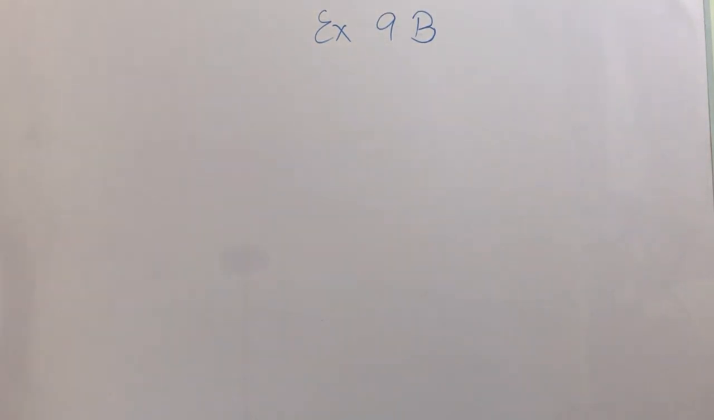Bismillahirrahmanirrahim. Now we'll be starting exercise 9b, chapter number 9, ratio, rate, time and speed. This is page number 217. We'll be starting from question 1. Part A says,